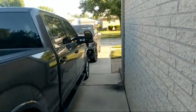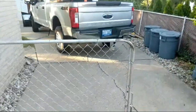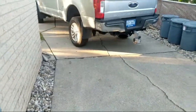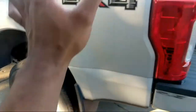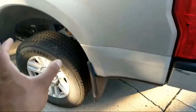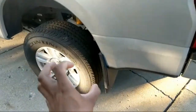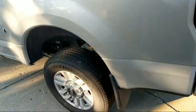So really, the main difference between a semi full floating rear end and a full floating rear end is the fact that the axles on a full floating rear end don't have to carry the load of the vehicle or whatever else is in the truck. The axle only carries the torque of the truck, and the bearings actually are on the axle housing, and those carry the weight of the load, while the axle only provides torque to propel the vehicle forward, which is pretty